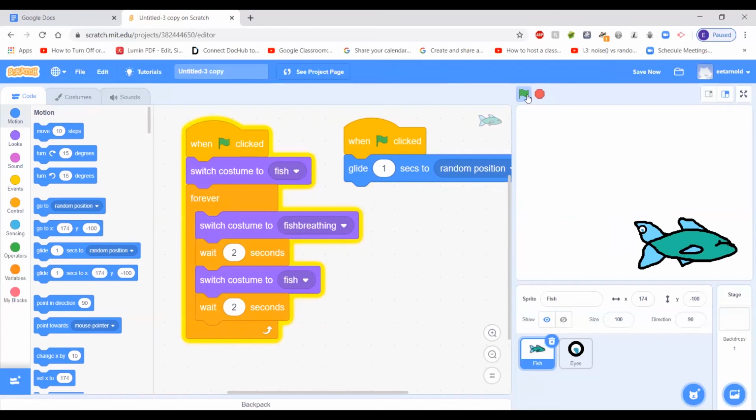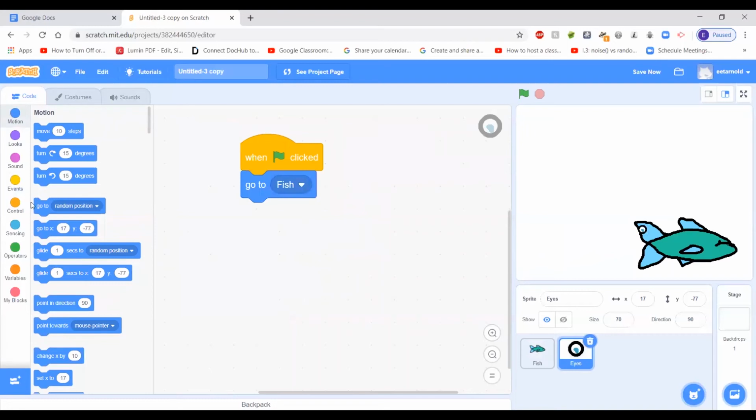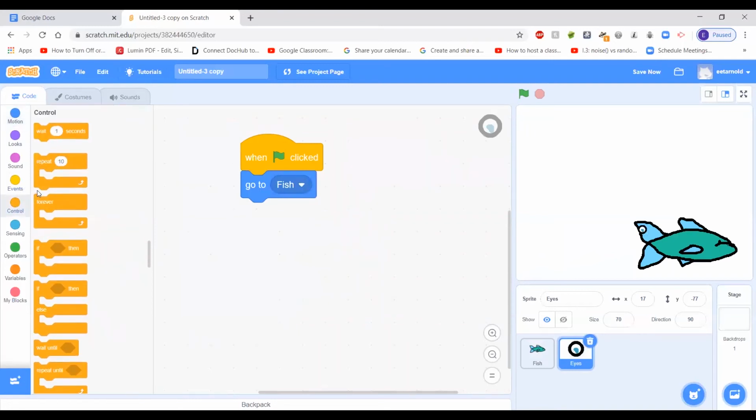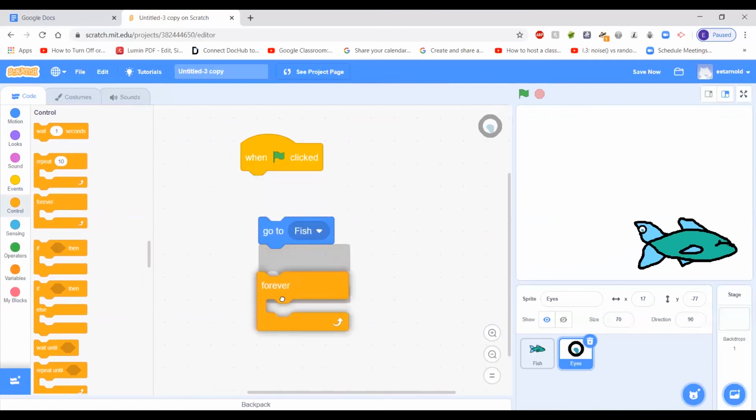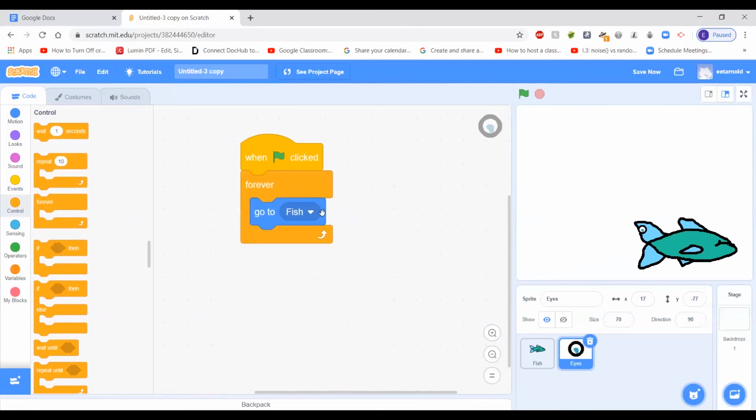There we go. The fish glides to a random position, but the eyeball remained behind, and that's no good. Okay, we have to have the eye stay with the fish. Not a problem. So let's go to the eye, and we're gonna use a forever loop. We're always gonna go to that fish, okay? Now let's try it. When the green flag is clicked,